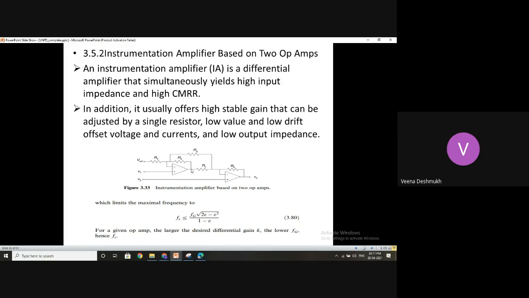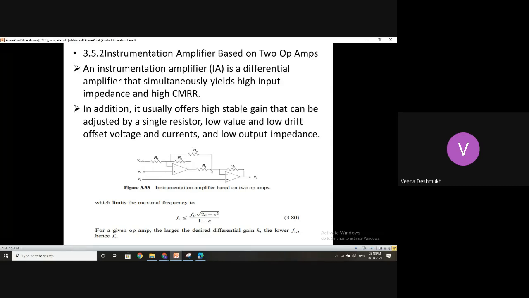The total output coming here will be equal to, assume VO1, the output of the first stage, is equal to Vref into R3 by R4 with a minus sign, plus 1 plus R3 by R4 into V1. So this is the effective voltage which is available here into the gain of the op-amp. That gives you the actual output here. The feedback gain with the difference AD divided by 1 plus AD into beta factor gives you the effective gain of this particular stage.